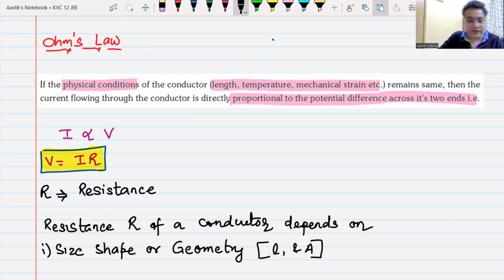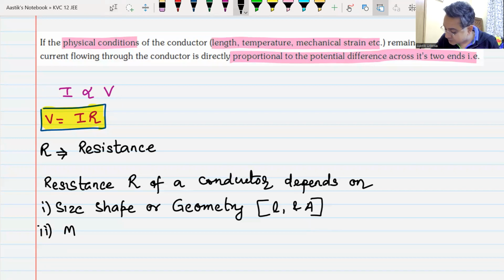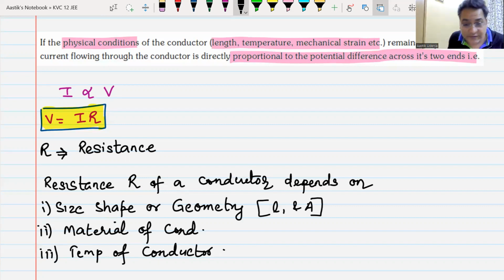Do we understand this? Then it will depend on the material of the conductor. It will depend on the nature of the material. Then thirdly, it depends on the temperature of the conductor. This is known as the resistance of the conductor, and we will hear more about this resistance in the